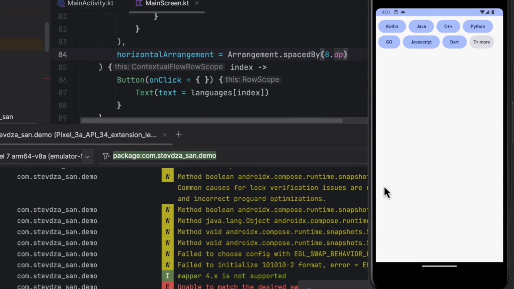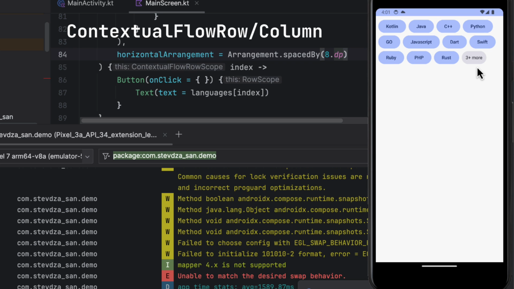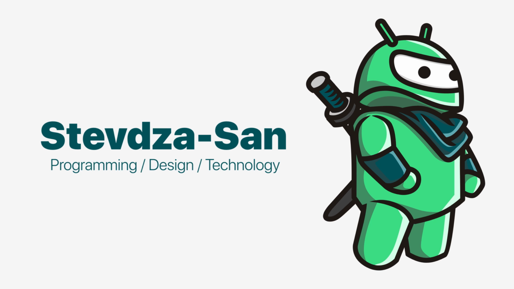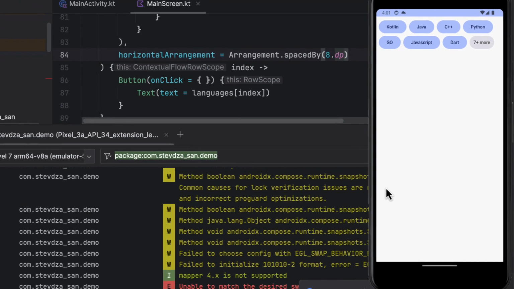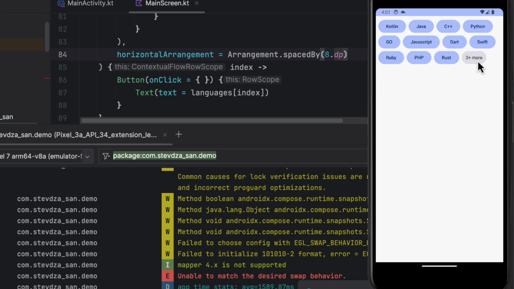Did you know that there is already a made solution for something like this? Well, let me introduce you to the contextual flow row and column. If you have used a flow row or a flow column before, then this new composable will make you even